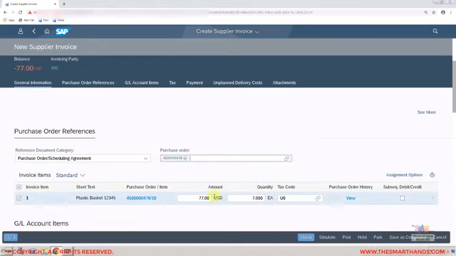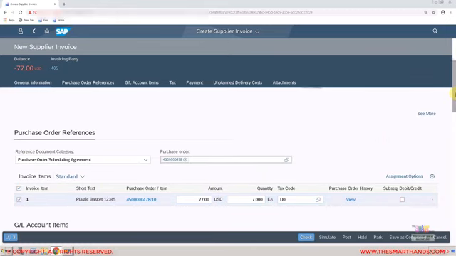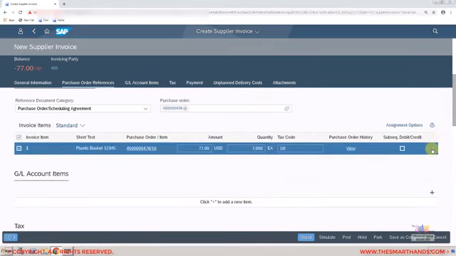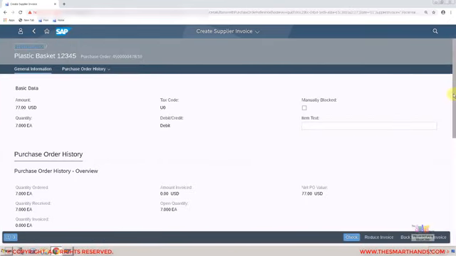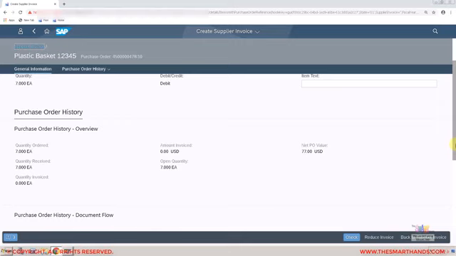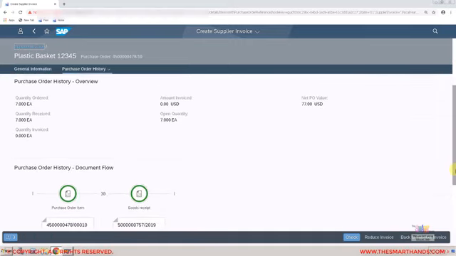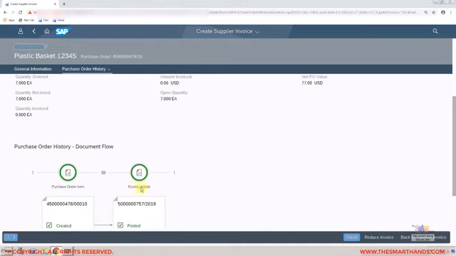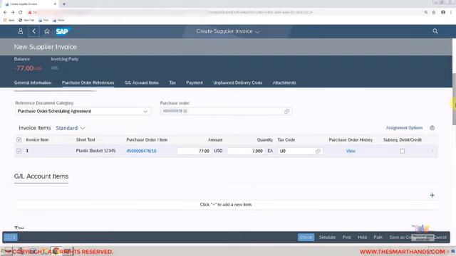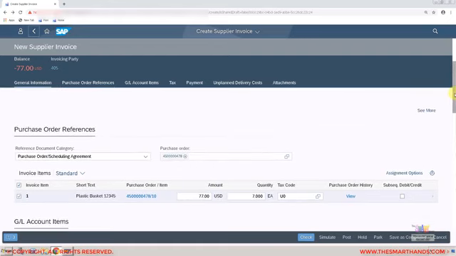So there was 7 quantity and 77 was the total value. And on the top, if I go here, you can also go to the item detail. If I click on it, you can go to the item detail of this one. It's showing the purchase order history and all that, the net value of the purchase order, and the document flow as well. That means from this purchase order, this goods receipt was created before. So I can go back again, and now on the top, if I scroll to the top,